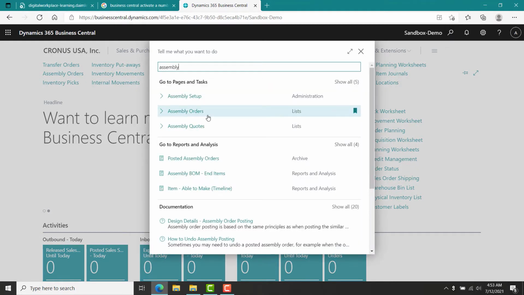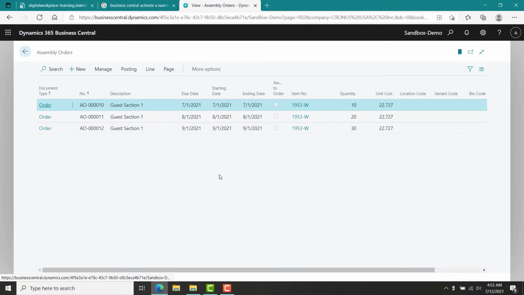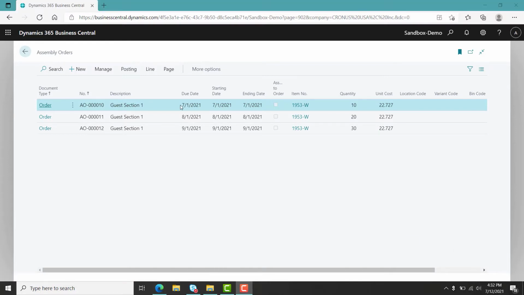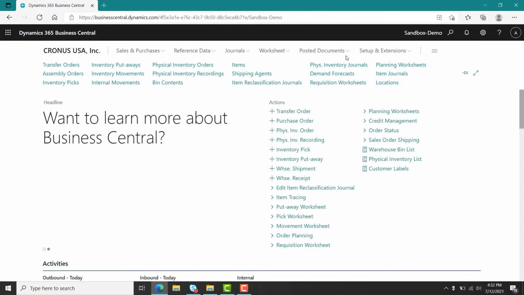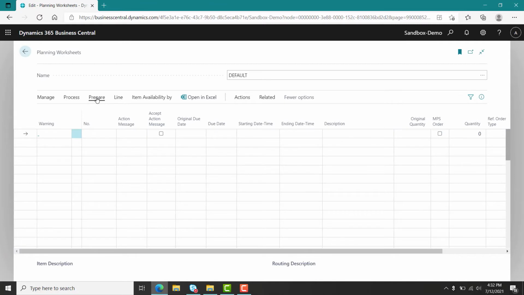I can go out to assembly orders, and here are my 10, 20, and 30 that are sitting out to be produced July, August, and September, just as we had done with our demand forecast. So now that these have actually been processed, if I exit out of here and go back to the planning worksheet and do a prepare,